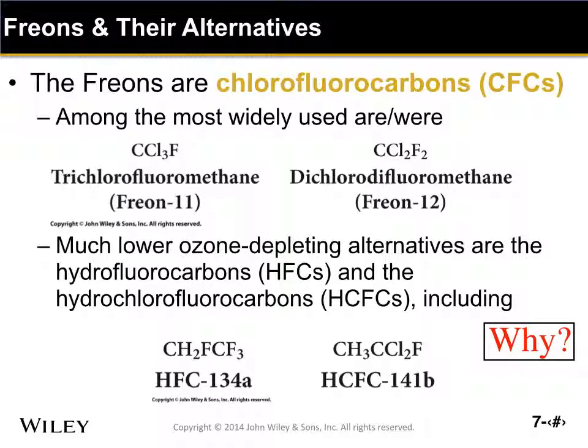Freons were very widely used in the past, and we still have some analogs of these that are less dangerous. The ones that have been taken out of circulation are Freon 11 and Freon 12, and these are compounds composed of only carbon, chlorine, and fluorine. So only carbon and halogens. And now we're using the ones at the bottom that are shown there, HFC-134a, for example. Both of these, you'll note, have hydrogens on them. So you should give some thought as to why hydrogens are important in these and why they're less dangerous than the